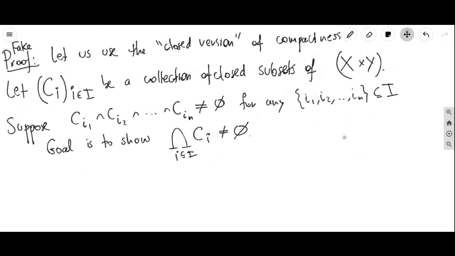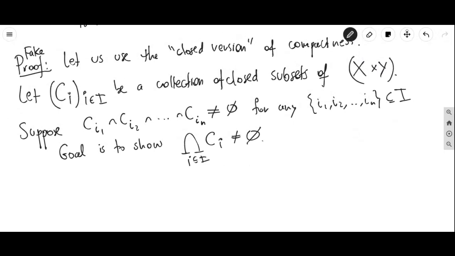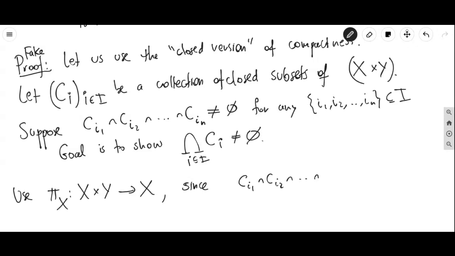Okay, so here's the way we do it. We're going to map these. We're going to use the projection maps. So this is the projection map onto X, and then we're going to do something similar with the other projection maps. We're going to say that since C_I1 intersect C_I2 through C_IN is not empty,